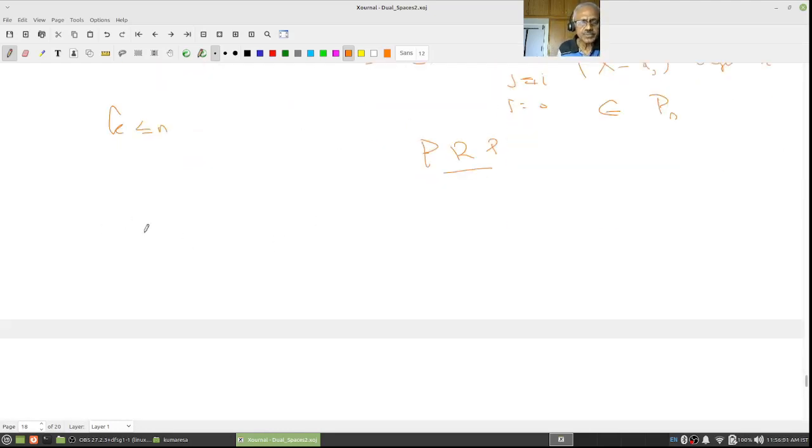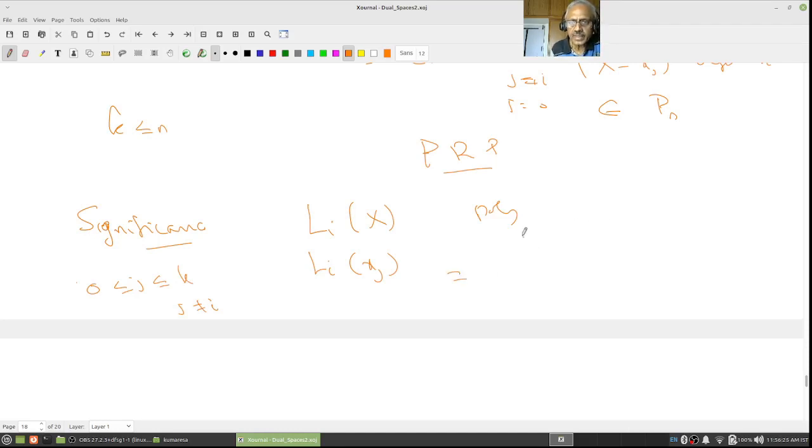What is the beauty of this polynomial? The significance is that Li(x) is a polynomial, right? This is a polynomial. Therefore let me look at Li at xj, for 0 less than or equal to j less than or equal to k. Let us assume j is not equal to i. Then you can see the product I have is